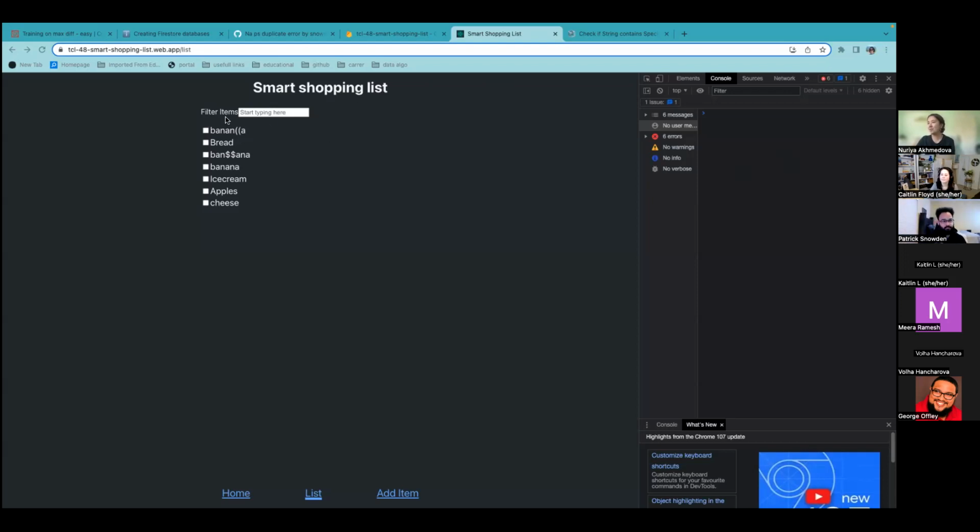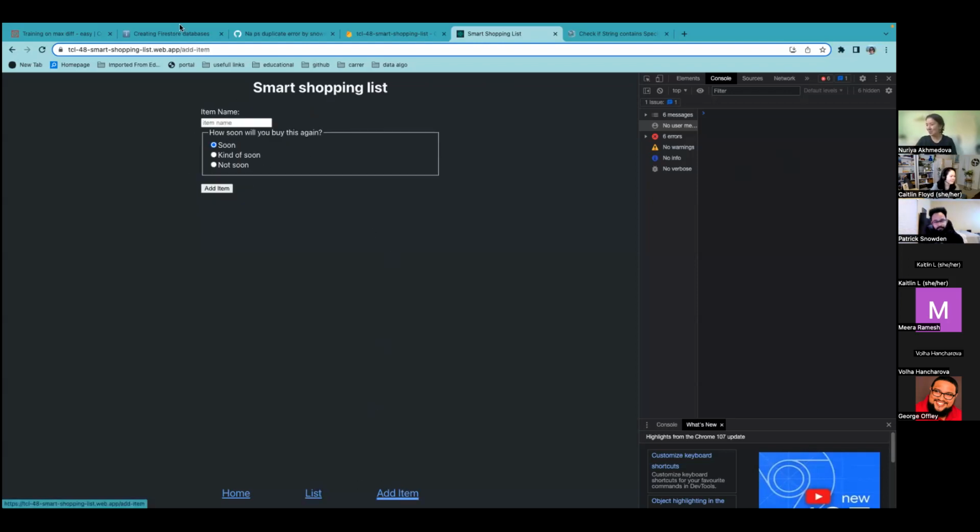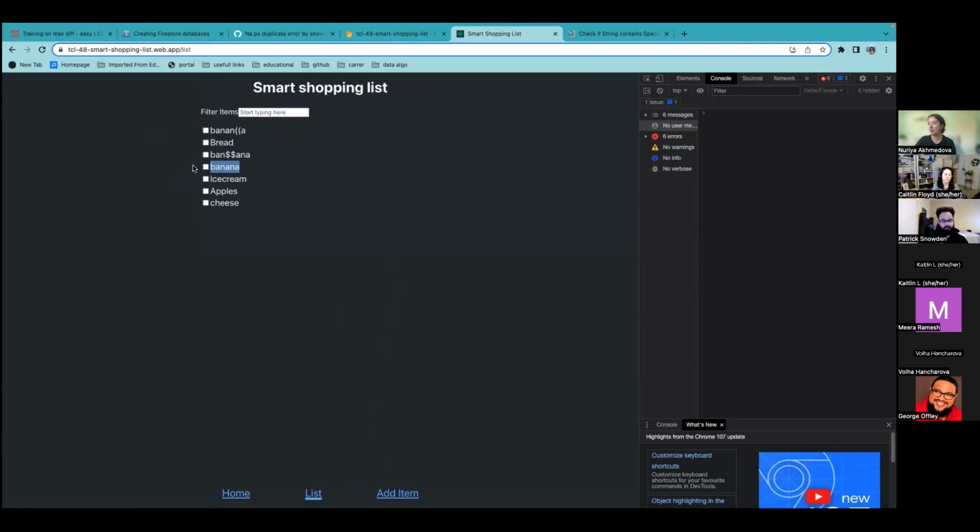This shopping list, just ignore all the bananas. And we will try. For example, let's go with banana, but we want to add some special character. For example, this. And it says it's already on our list because we have a banana here. Yeah.